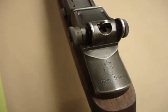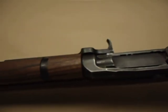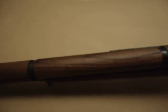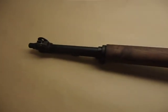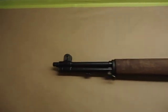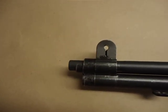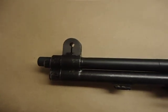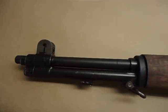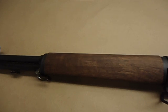And additional markings celebrating the 101st Airborne are going to be laser etched into this gun. So it's going to be quite a nice project. This one's going to be blued, actually. We're going to do this in black oxide. I know Garands were always parkerized, but we're going to do this one in black oxide just to look a little different. I'm not sure what we're going to do about the gas tube yet. Probably paint it. Like I said, the stock's going to be gone over, and